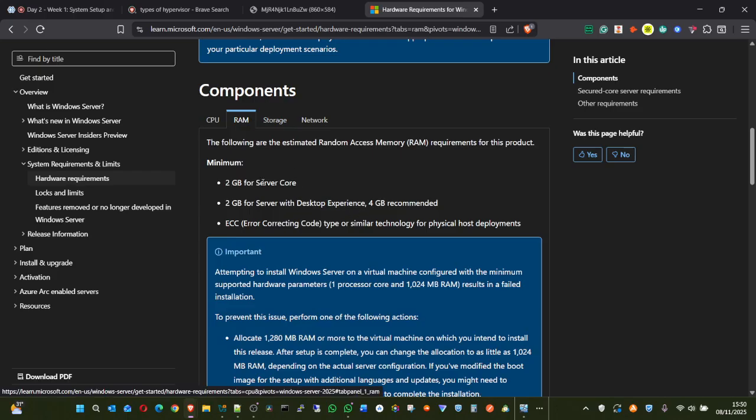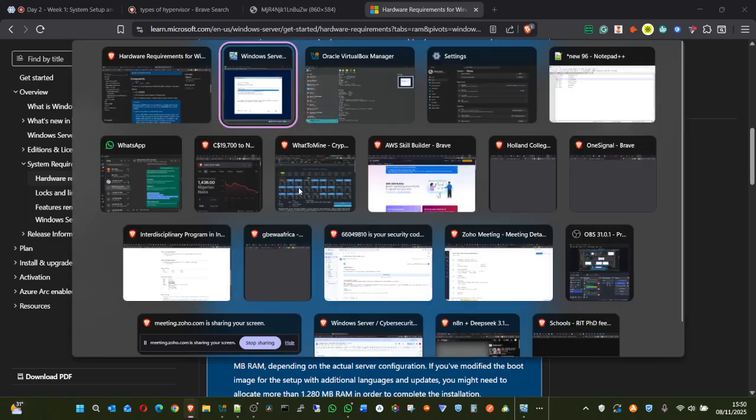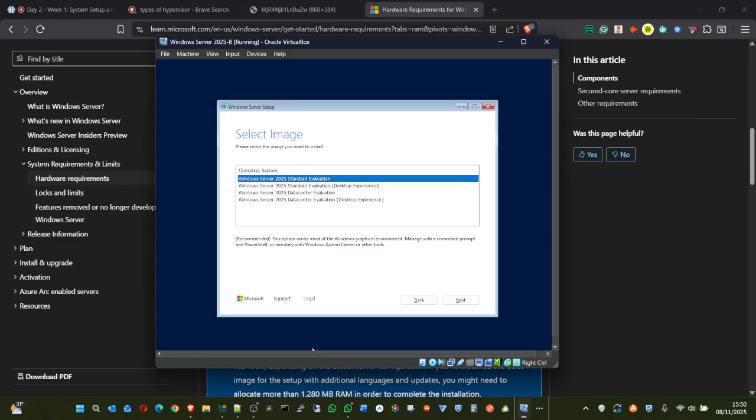It says server core. Server core means that the only thing that works in there is just your keyboard. Mouse doesn't work in server core. And this first one here is server core. It's lightweight. You will not see all this GUI, all this My Computer. You won't see anything in there. The only thing is purely command line, CLI, command line interface.